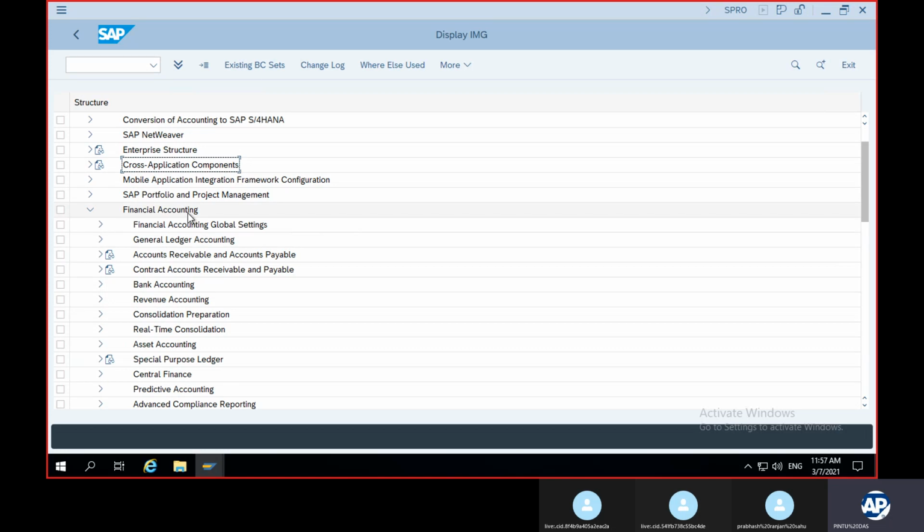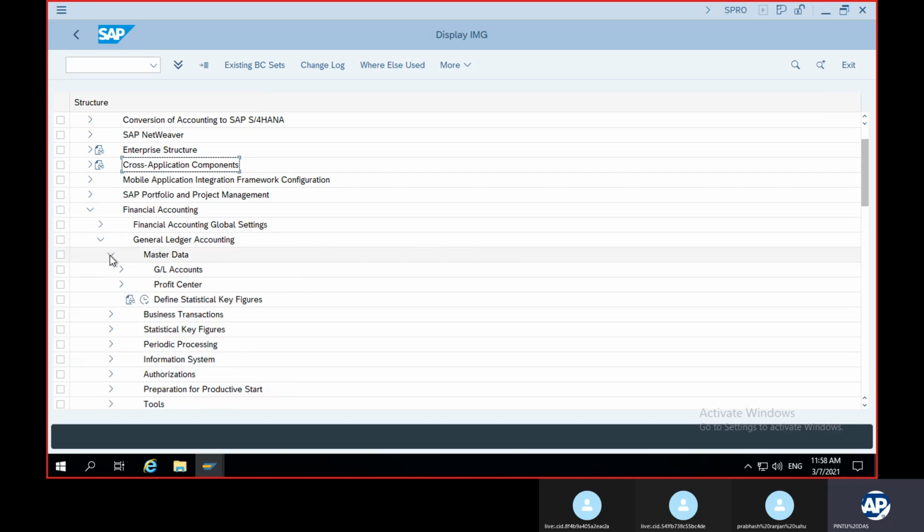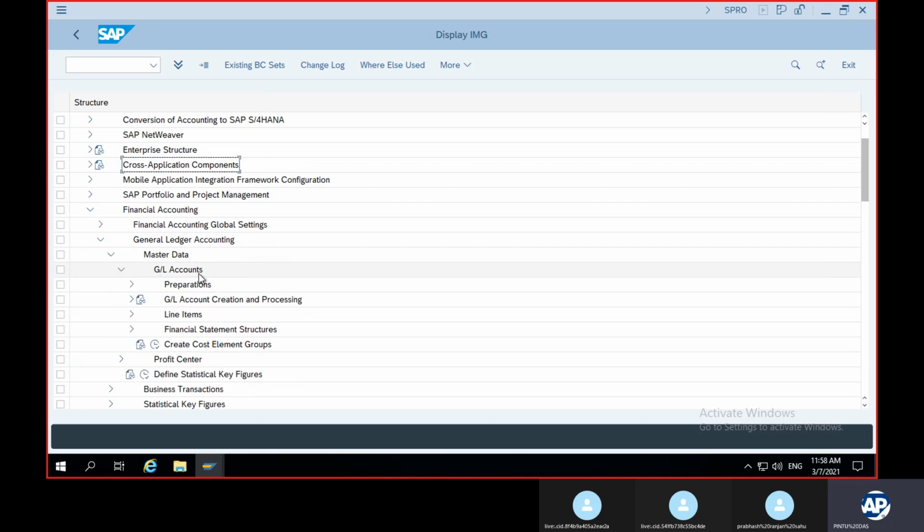From financial accounting we'll be entering the general ledger accounting. From the general ledger accounting you'll be entering the master data. In the master data you will have the option for GL accounts. And under these GL accounts you have the preparations.